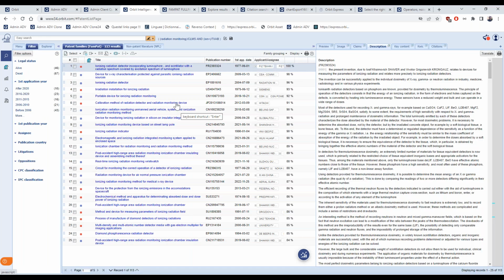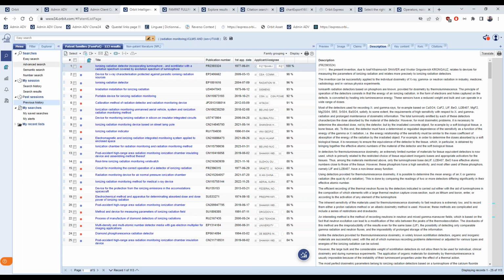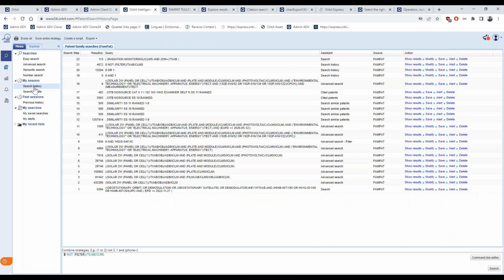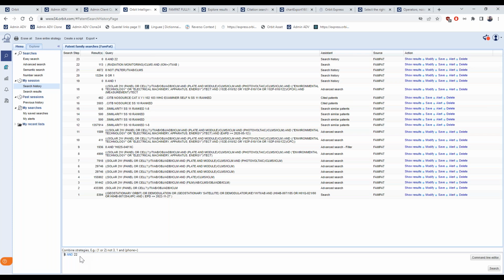So I run this past search query so that it is now again active in the search history, and I can combine to see, for example, matches. So the new search step 22. Okay, there are none.